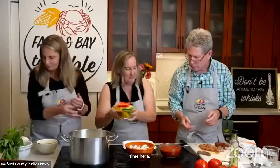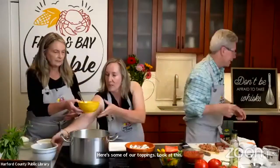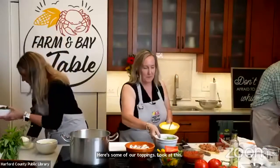Nothing's hot here, is it? No, this one usually doesn't burn things. We do melt things here for most of our classes, but today I think we might not do so much melting. Here's some of our toppings. Look at this. What else would you like? We'll get all those. Okay. All right, I'm gonna bring over